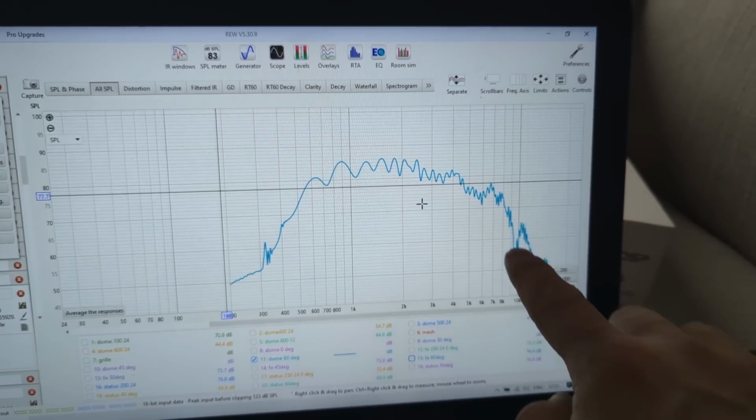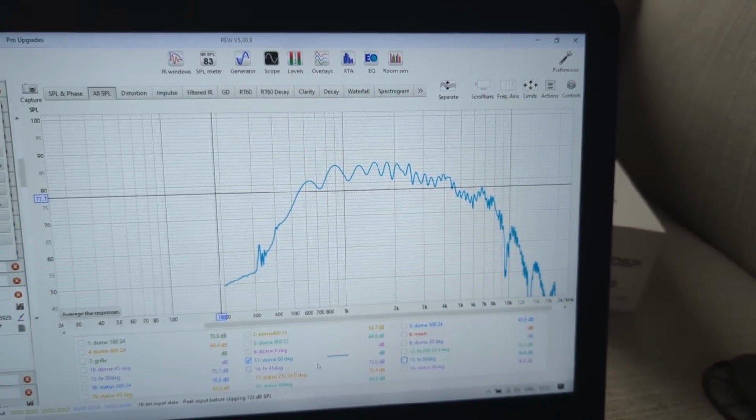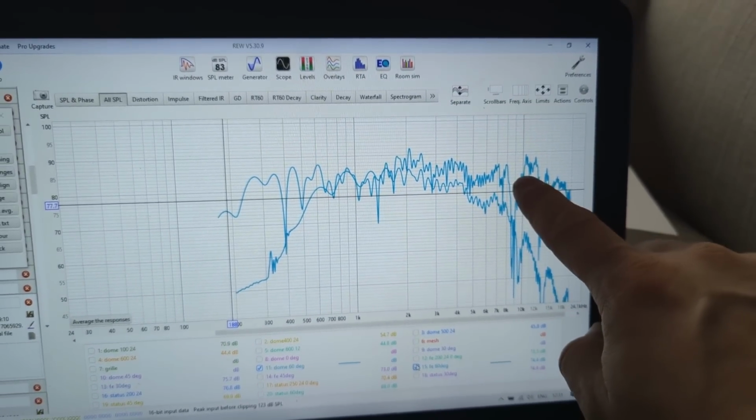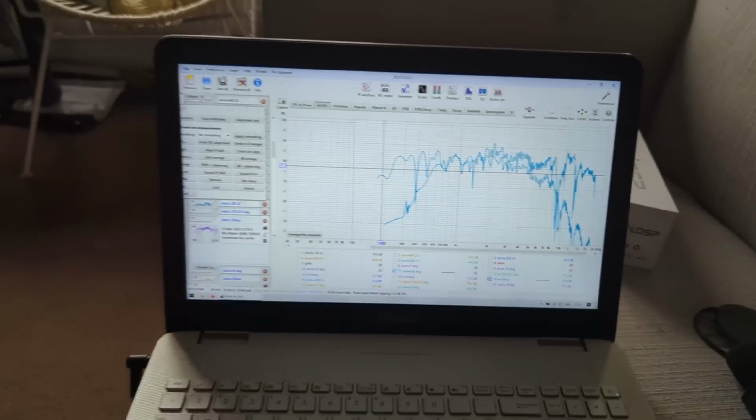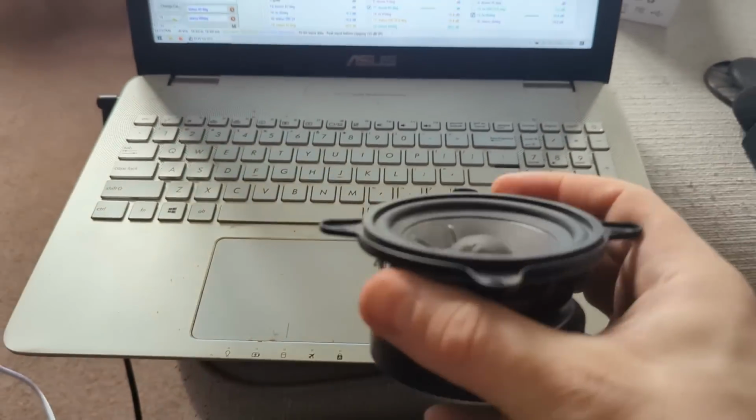It does have something here, but it is not as pronounced because the level obviously is dropping. So it's not as pronounced as on the Faital Pro. And this is happening because, as somebody was explaining to me online previously,